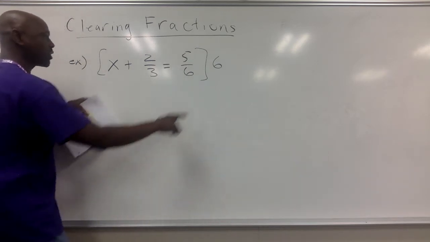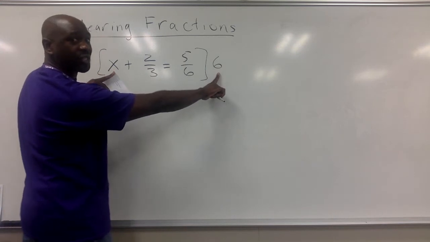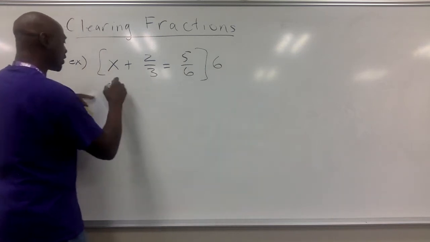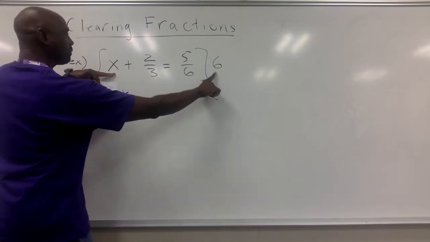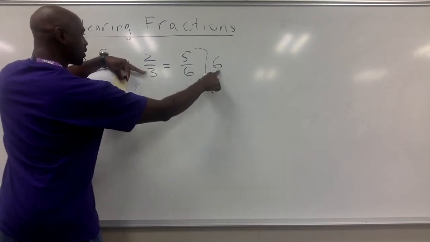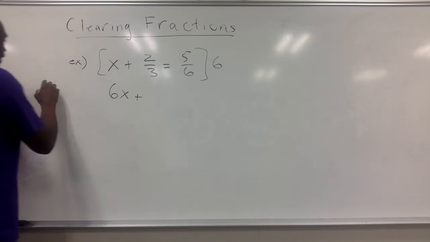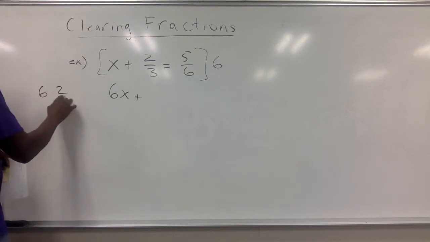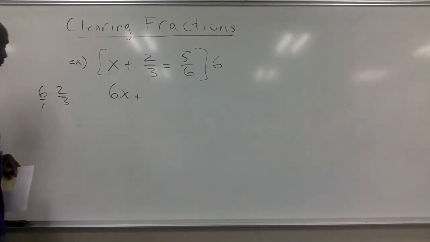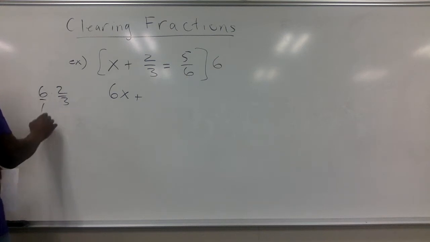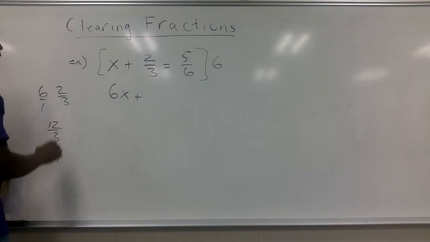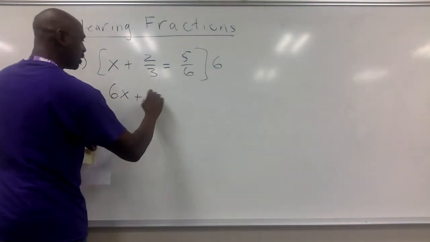So let's go ahead and go through this. Everything means everything, even the things that don't have fractions. So 6 times x is 6x. Plus 6 times 2/3. Let me do that right over here. See if you can see that. 6 times 2/3. That's really 6 over 1. Right? So when I multiply that together, I get 12 over 3, which is really just 4. So by multiplying these two, I get 4